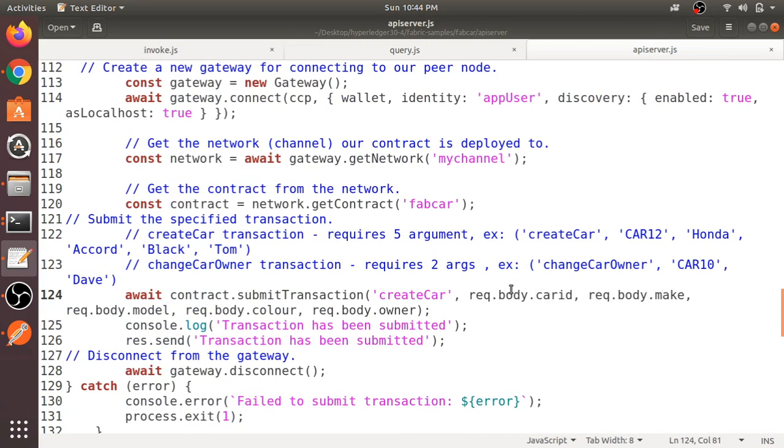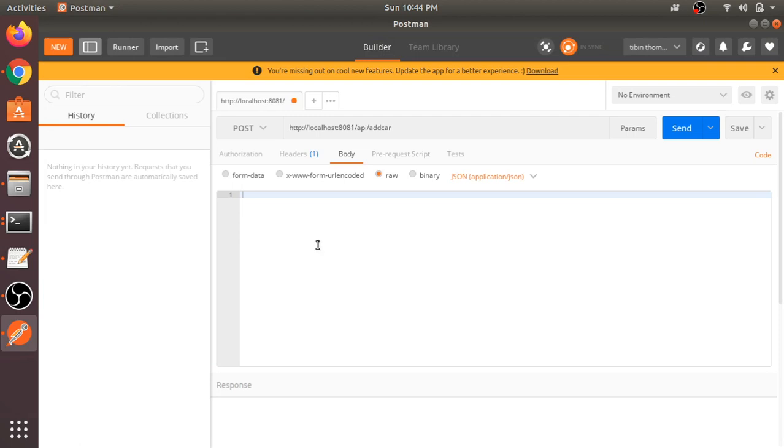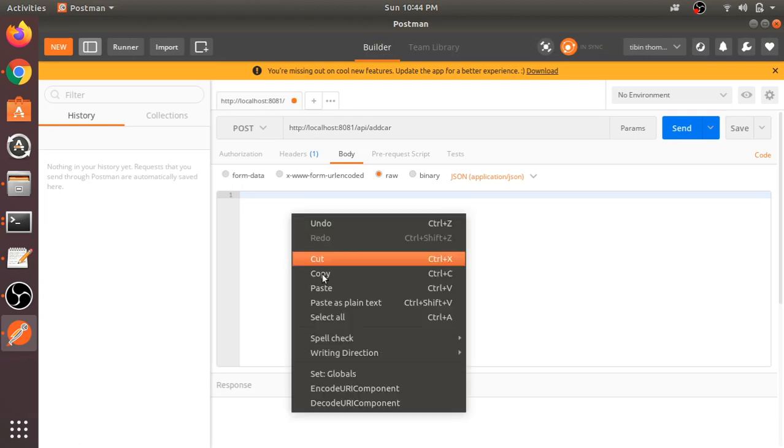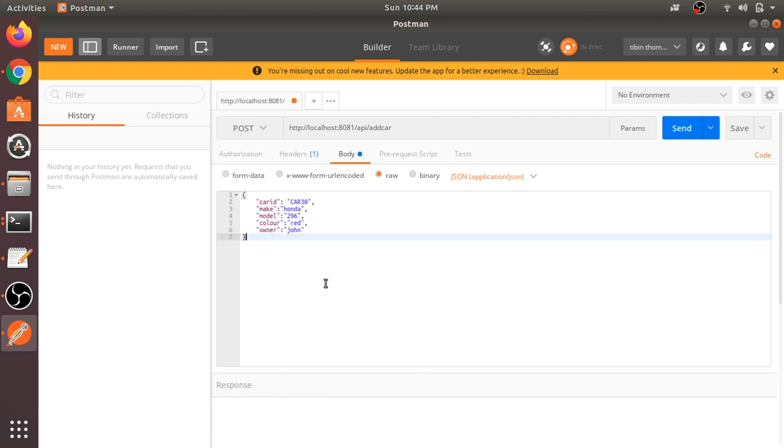You have to note down these variable names. So I'm just adding JSON data into this. Here you can see we added JSON data, and it automatically detected application JSON.